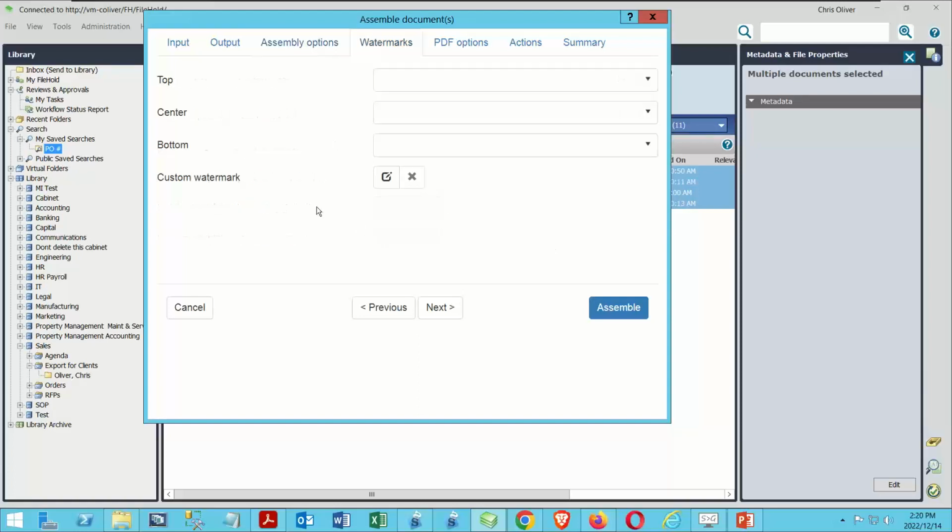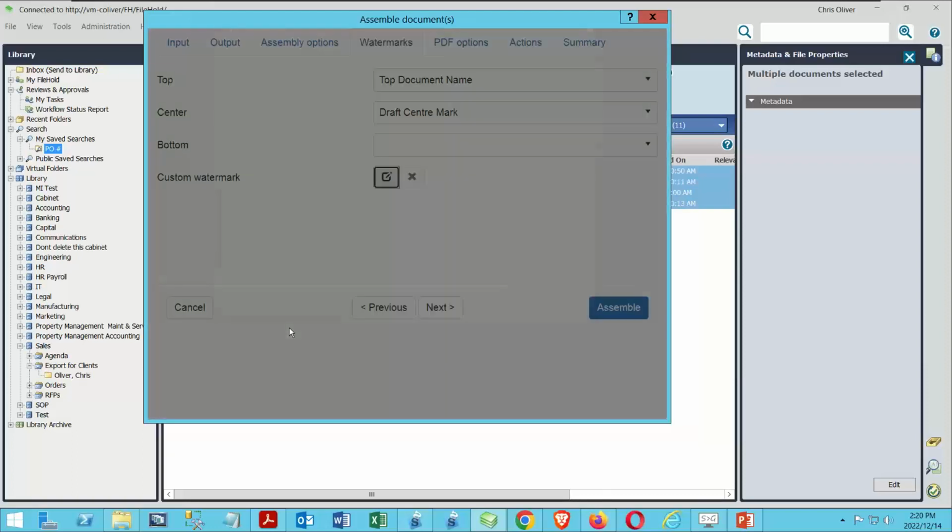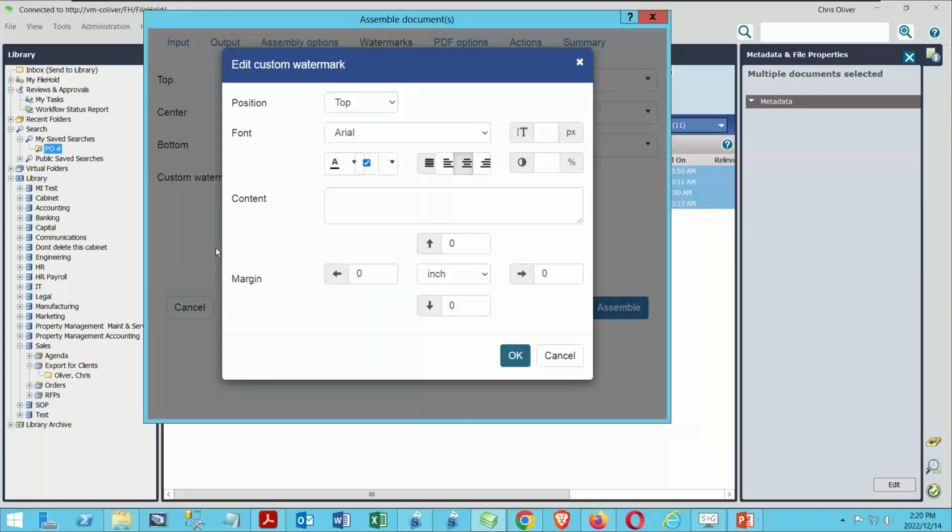Next tab over is watermarks. Now I have some pre-built watermarks. So for example, I can have the top of the document carry the name. In the middle of the document, I might have a draft across the center. These are watermarks that I've built into my system, and so I can choose from these. I could also choose a custom watermark using this input. If you've used this before, then you know this is a little tricky, but you can build a custom watermark if you need something ad hoc and quick. But typically speaking, we recommend using a template for it first,